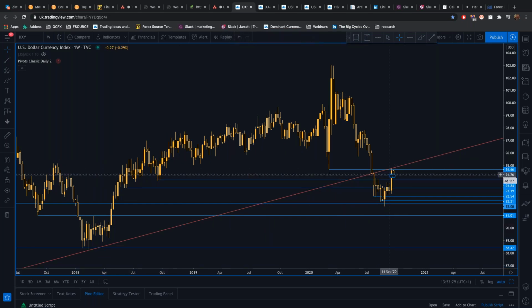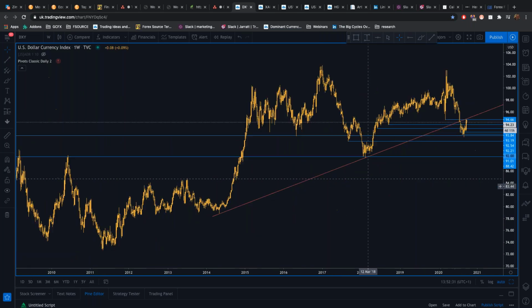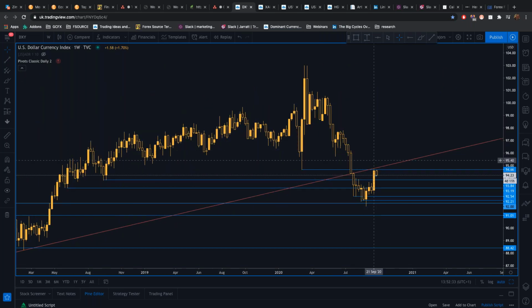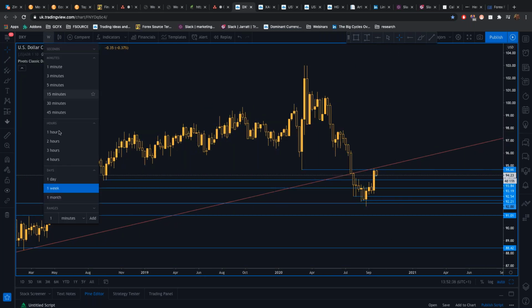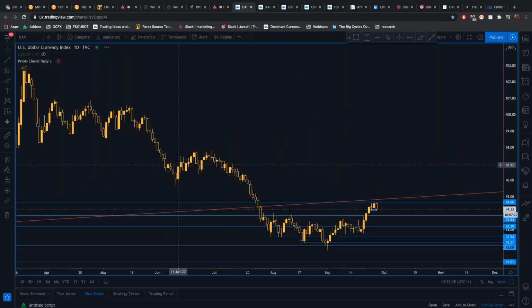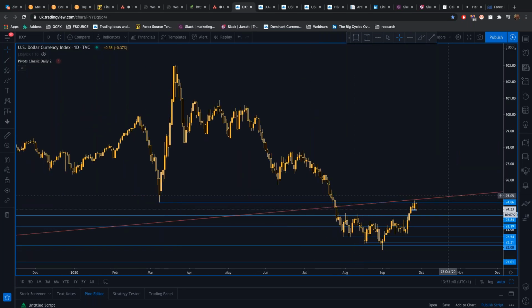Stay below, that's negative for the US dollar. So we're kind of at that crossroads technically. And look for what happens with the Biden debate and the Trump debate, okay? So if we suddenly find the dollar rising above this area, then that's something to be really paying attention to,